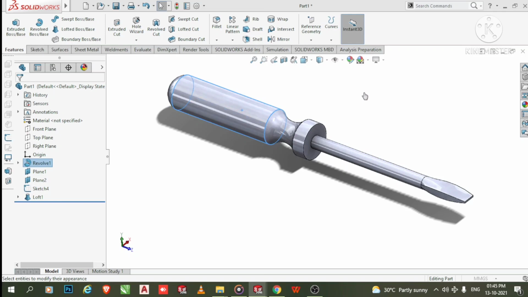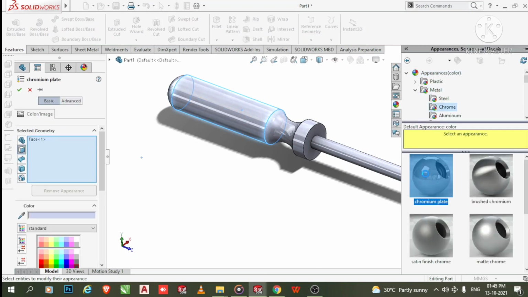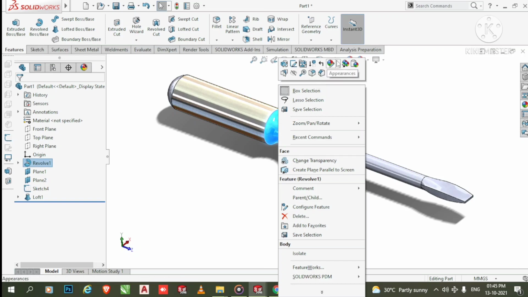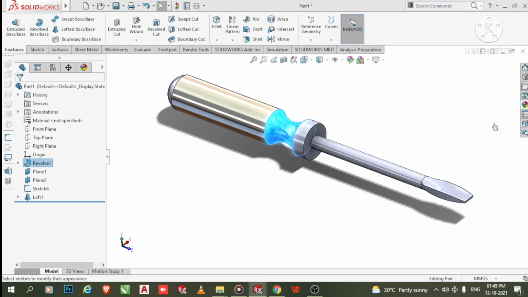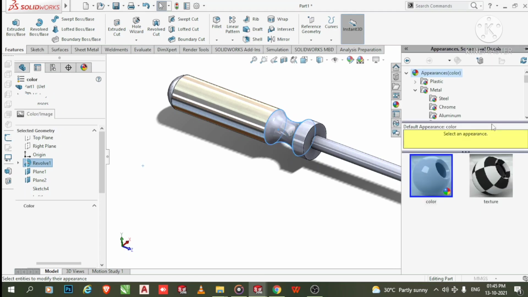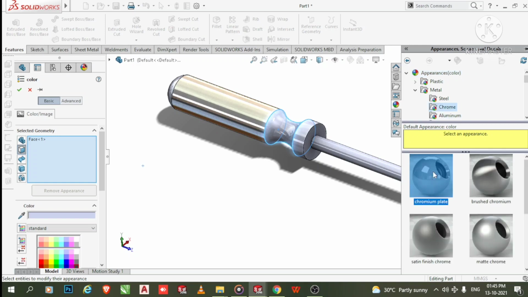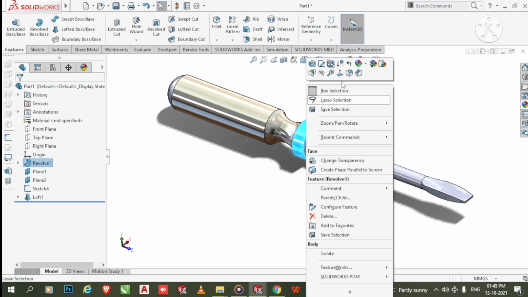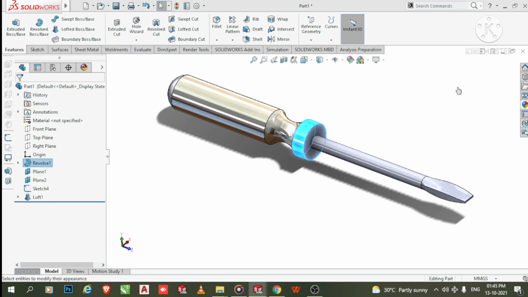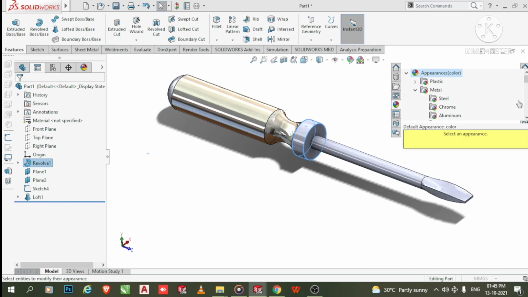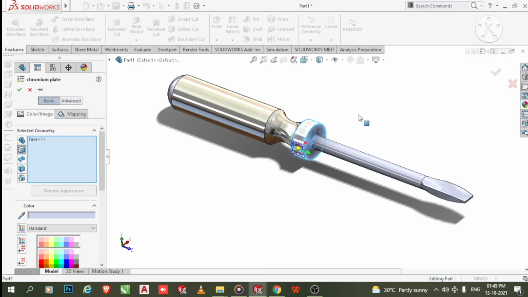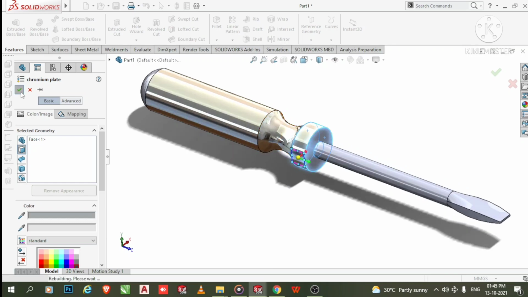Okay, and here we select chrome plastic, chrome material, so select separately this one face. So we apply the material later.